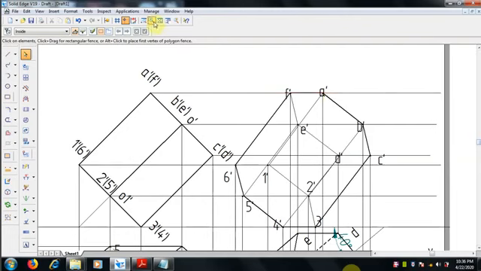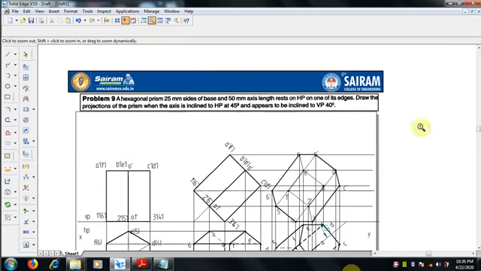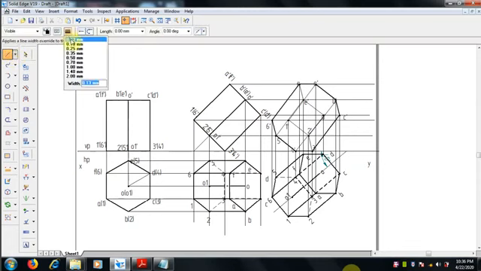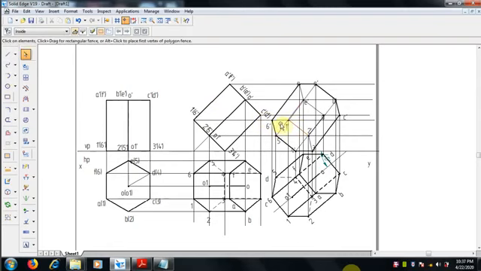Okay, in the view, from this side, to draw the front view, the bottom base is fully visible. That is the 1 2 3 4 5 6 hexagonal face, fully visible for us. Select those edges and make them 0.5 mm thickness.